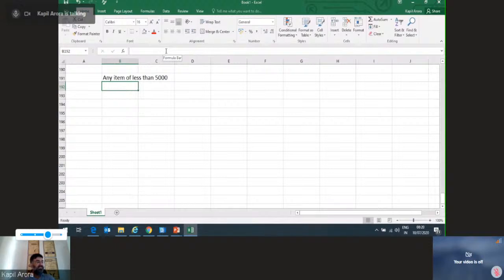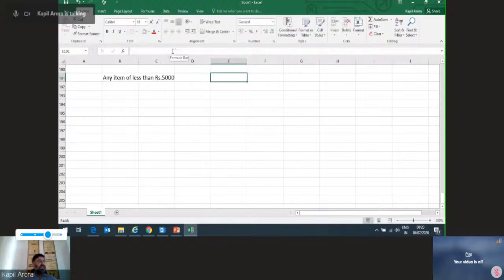But the asset... there is no such asset there which will give benefit today and will not give benefit later on. If that asset is there, it means it is not property, plant and equipment. So any item which is having value less than rupees 5,000,